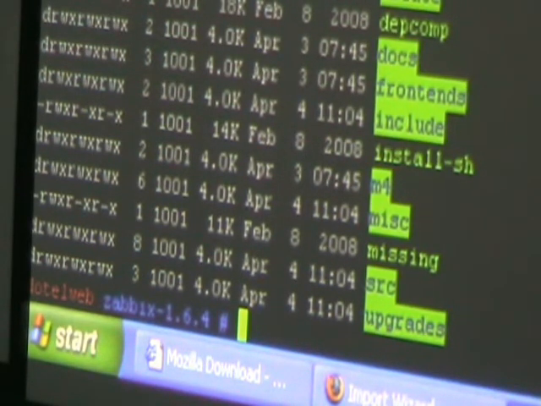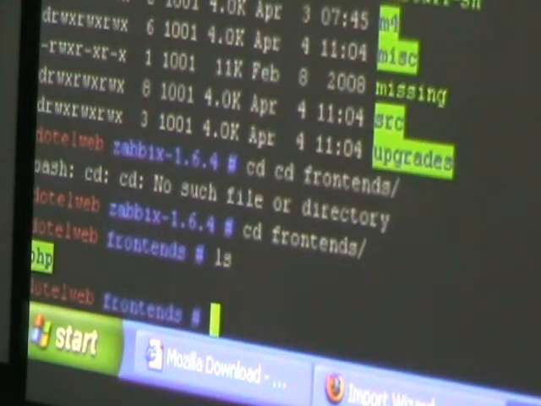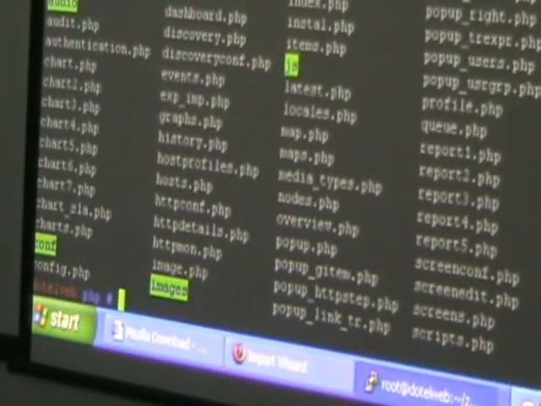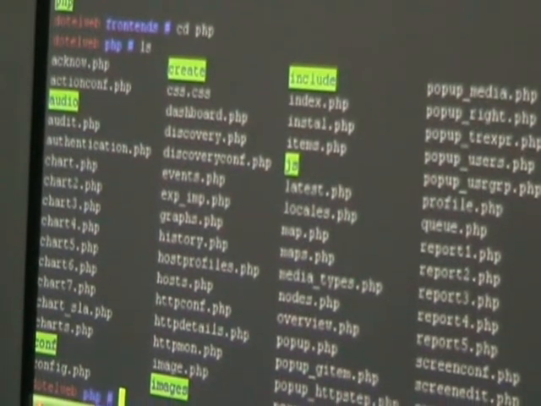The front end is horribly complex to install. You simply have to change into the front end directory and copy this into your web server. That's it. It's an entire PHP front end, and all you do is copy it in there. And I believe there's a single configuration file in here that we have to tell where the actual server is located, plus the username and password for the database. So what we end up with is